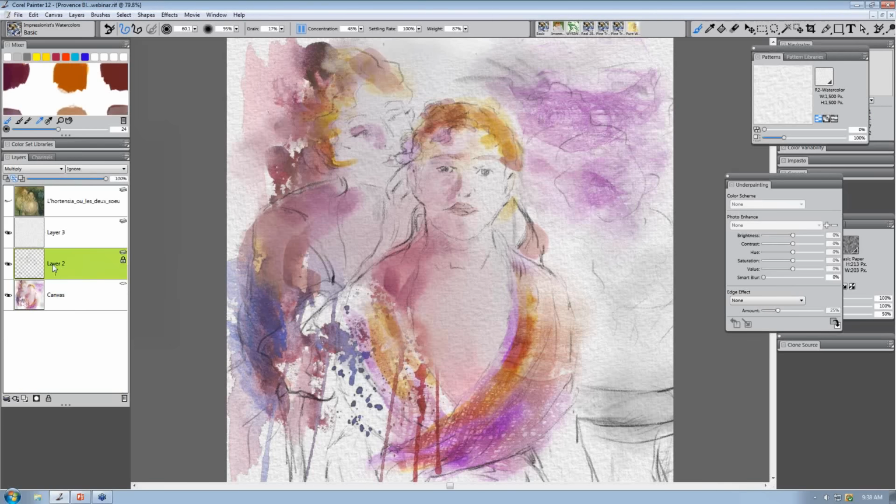And keeping the sketch intact, I mentioned earlier that in order to be able to achieve this look of